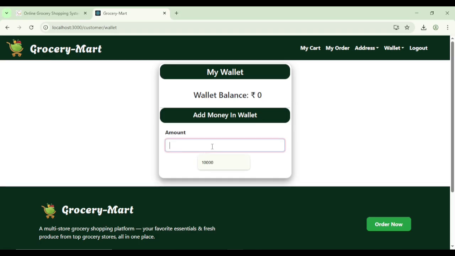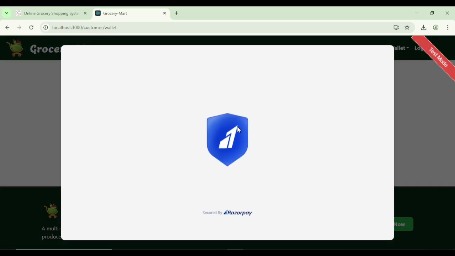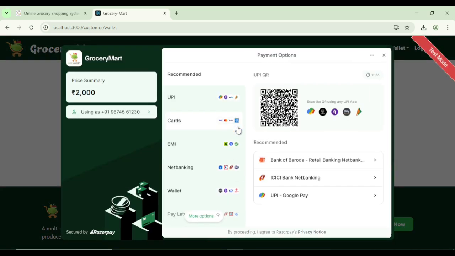It is 0, right? So we have to add the amount in the wallet. Let's add 2000 rupees in the wallet. I'll click on update wallet, and as soon as we click, it will pop up the Razorpay payment gateway, because we have integrated Razorpay for adding money in the wallet. Here we have multiple options to pay. We can see 2000 rupees,